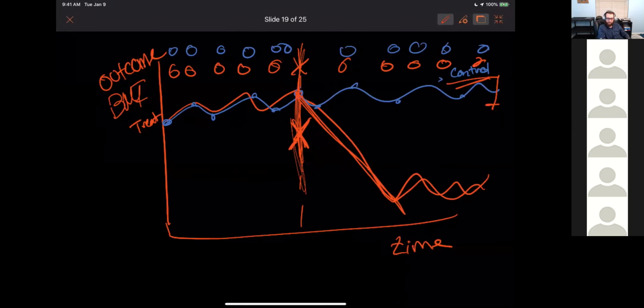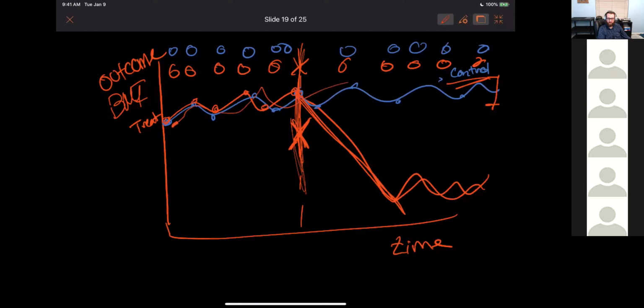So I think it's a worthwhile exercise to help you with this. You can figure out every point, every point is an O, and it's every point that you're going to collect data. 1 O can be a month, 1 O can be a year, 24 months. It could be every hour, every 6 hours. Doesn't matter. But the key is to sketch out what you would expect and what you expect from your